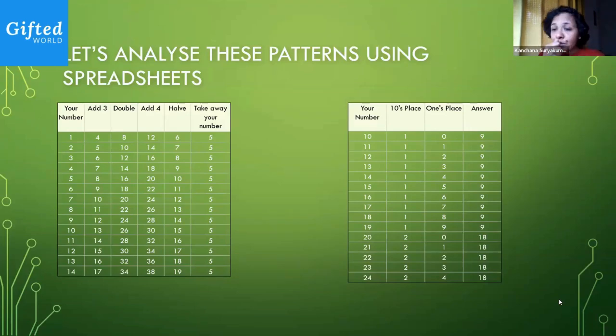We're not spending most of our time doing the calculation. How do I calculate this? How do I do this? What is the answer? We're spending more time on figuring out why this is as it is, right? We're able to catch patterns more quickly because we're able to work with larger numbers. That is the advantage this particular activity is giving us, right? So we've started off with something simple.